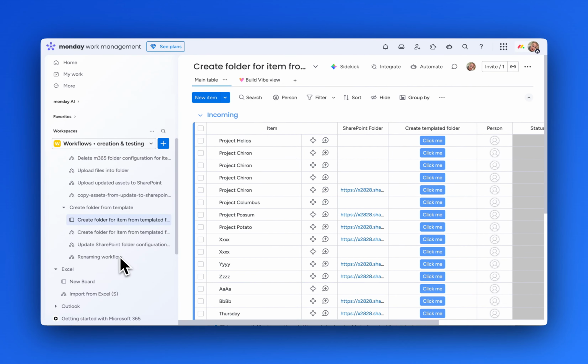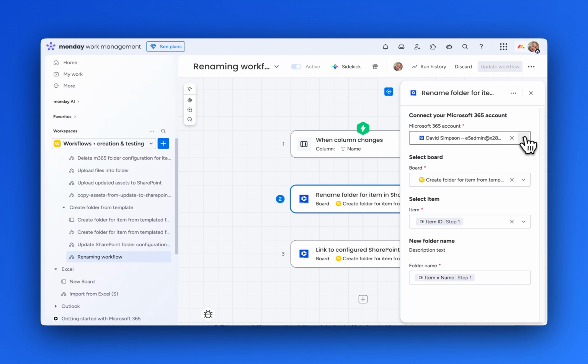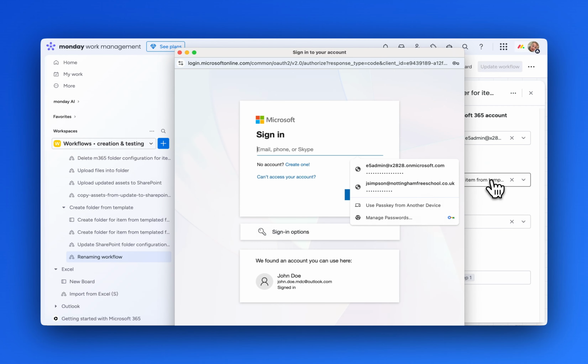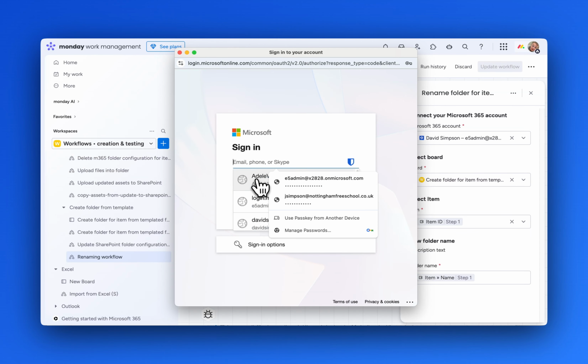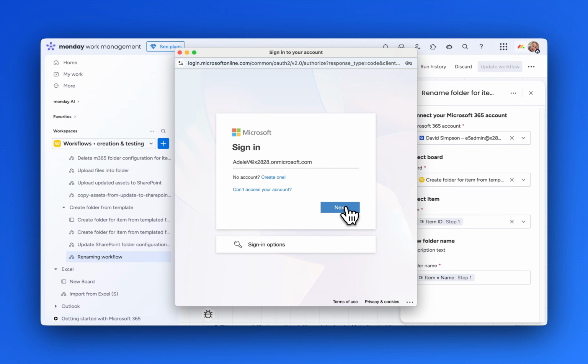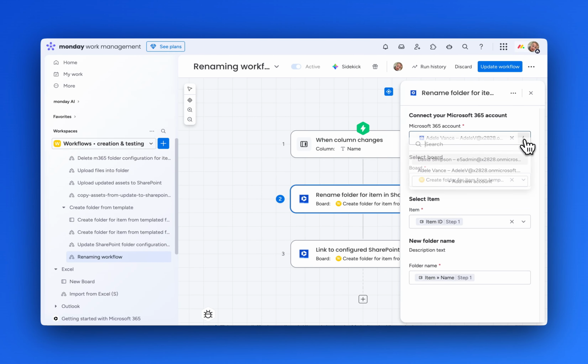So for workflows, we can edit the workflow and we can see the credentials being used. Here we can see David Simpson's being used, but we could add a new account. And I'm going to add Adele here. And now Adele shows up here, but let's say we made a mistake and we don't want to use Adele's